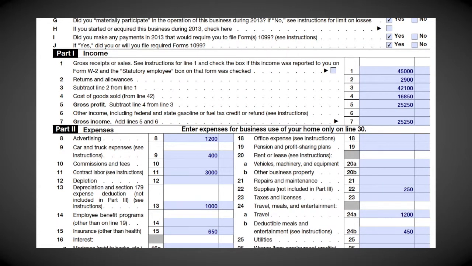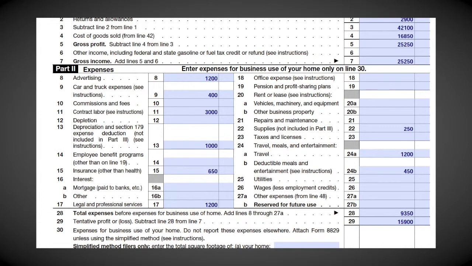The expense section is next. Tax-deductible expenses include all ordinary and necessary expenses for your business and industry. Things like advertising, vehicle expenses, which come from page 2 and we will cover in a moment, commissions, fees paid, contract labor, insurance, interest expense, professional services like tax preparation, lawyers, office expenses, pensions, rent, repairs, supplies, taxes and licenses,